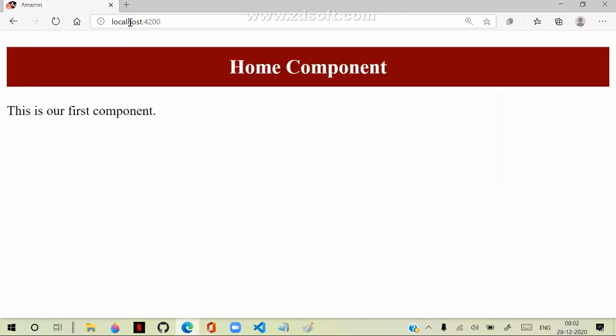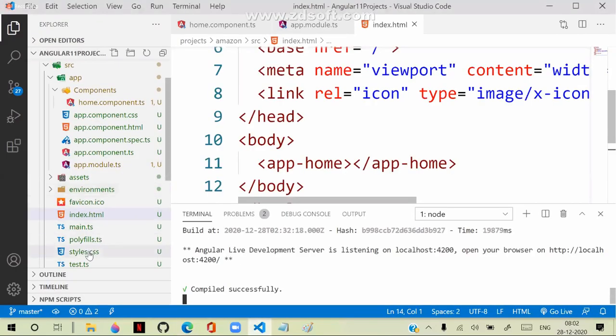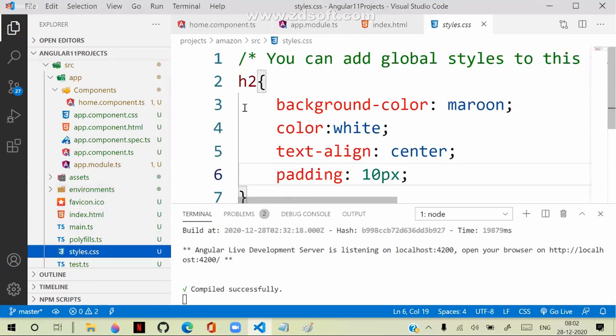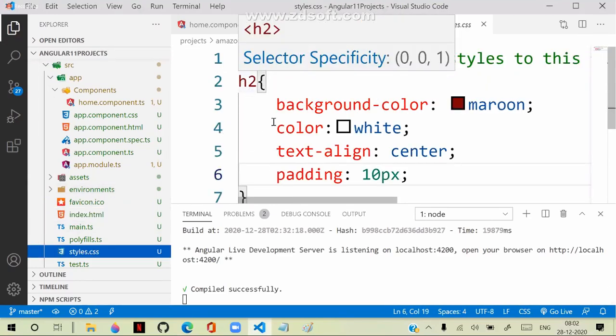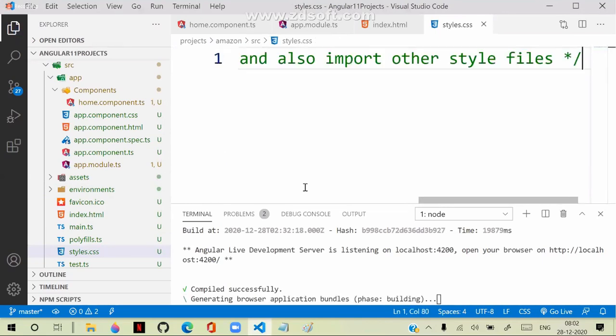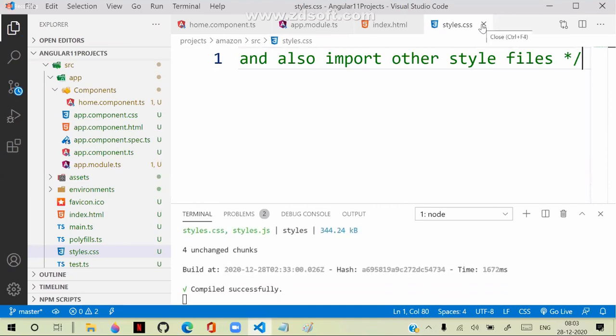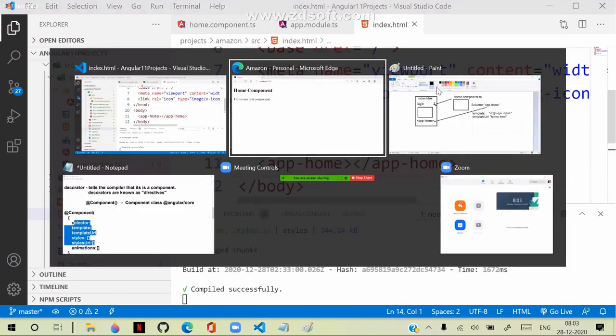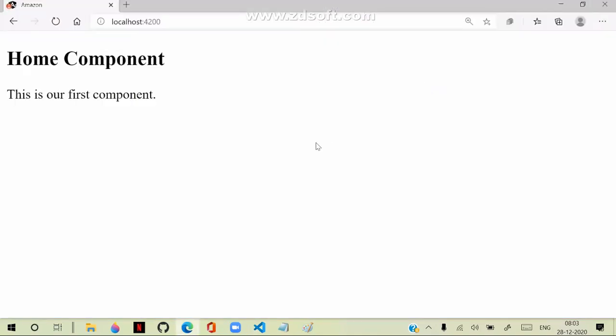And you can see here, it has to come with that home component. So this is our first component. You may be wondering how it came with these effects. Because already we have given some effects in style.css. In style.css, we gave some global effects. That's the reason. We will remove those global effects. Then our component will be like this. After making every modification, just save it. And you can see our component is like this. This is the home component.